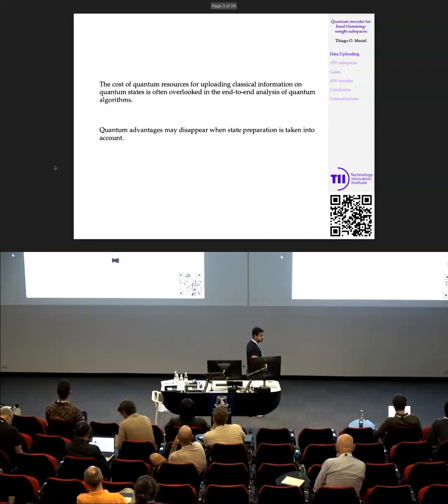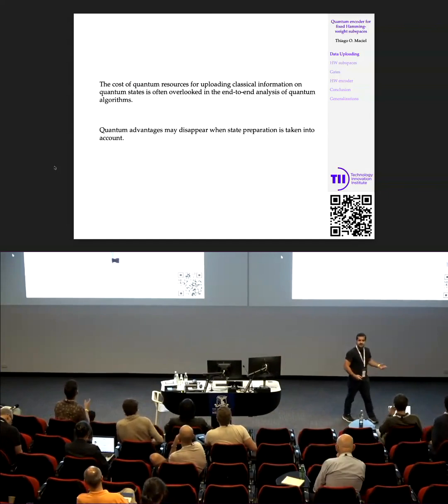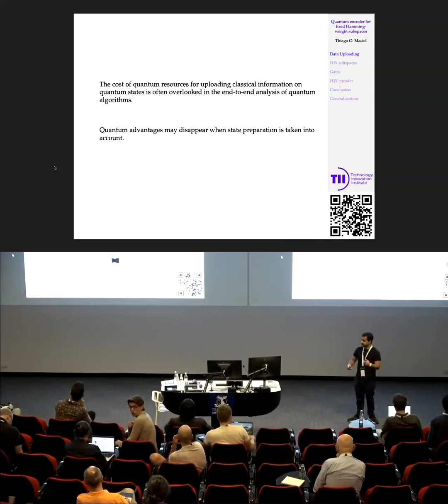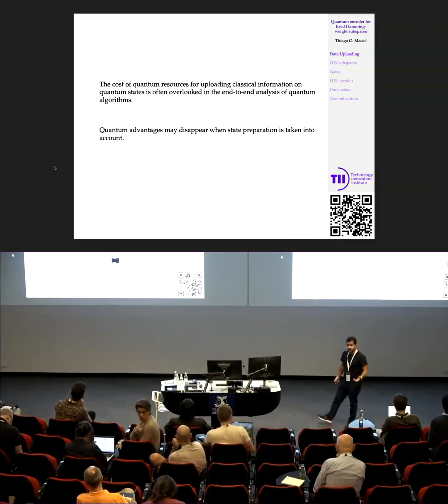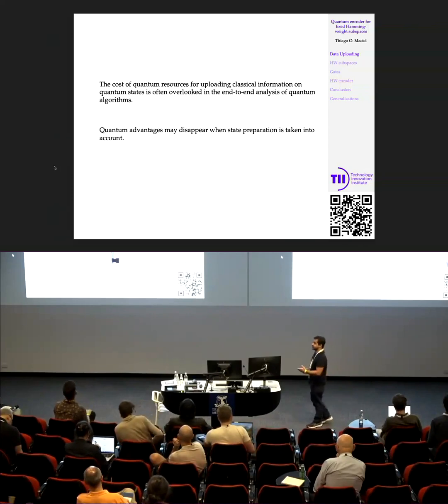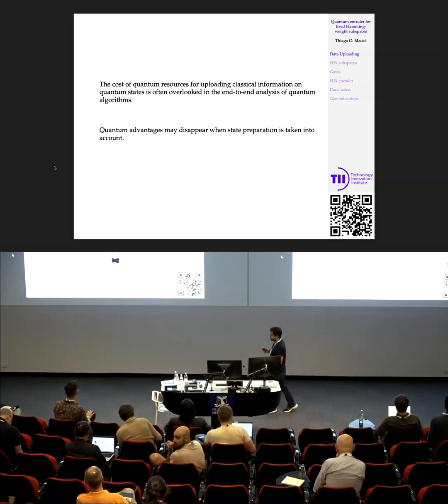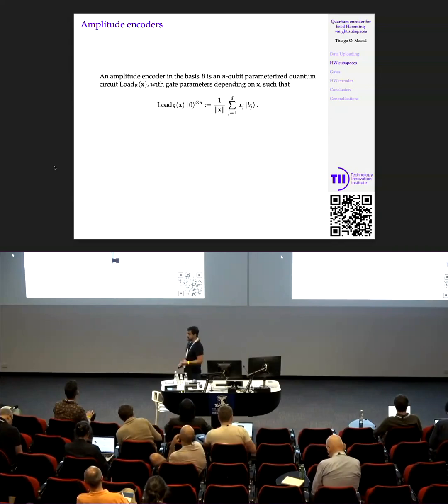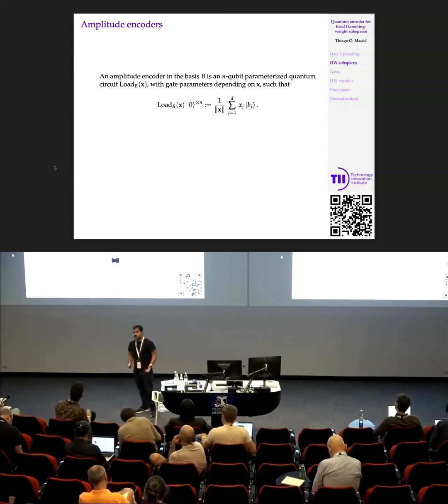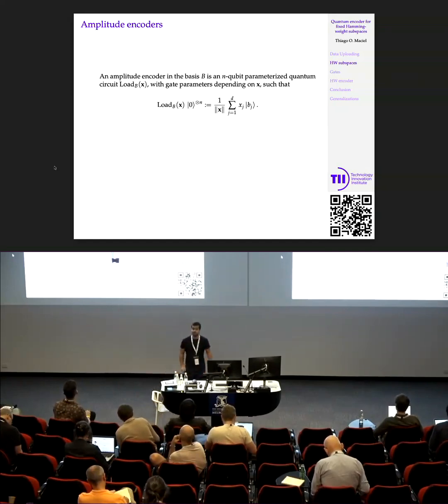So the baseline of all quantum encoders, or data uploaders, or state preparation schemes, is that we don't want to lose or flush away the potential quantum advantage of our quantum algorithms by overlooking this initial state preparation cost. That's usually overlooked, but this is something that we don't want to do. So the idea here is how can we not spend a lot of quantum resources when trying to upload a data vector X onto amplitudes of a basis B